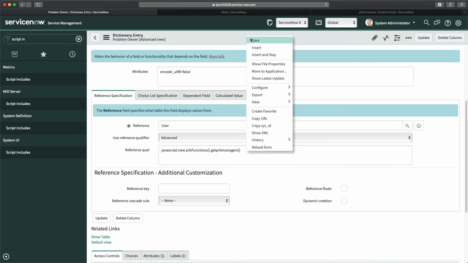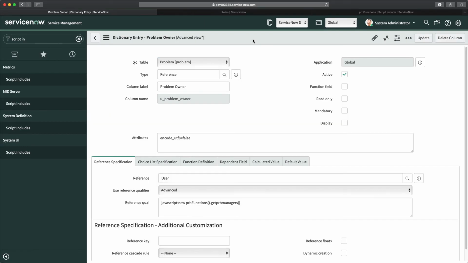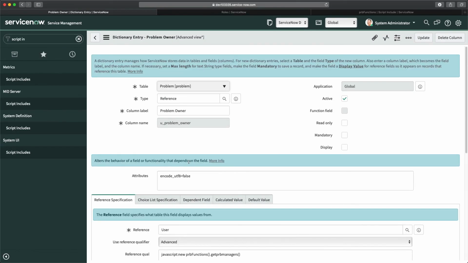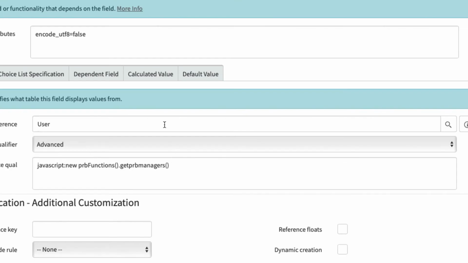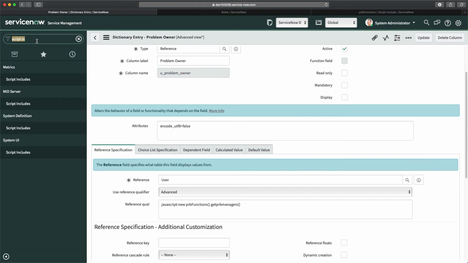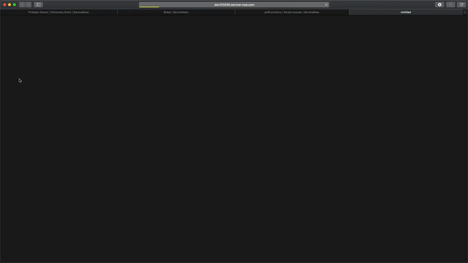So I'm putting this in reference qualifier. I'm saving this. You can see that it is saved and you have put in this reference qualifier. That's a custom one which is basically taking the data from script include. Let's go to problem form now. So if I open any new problem form,